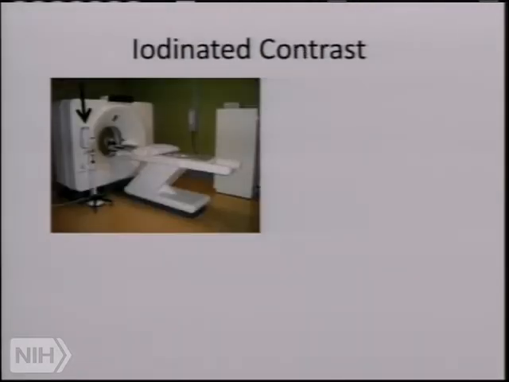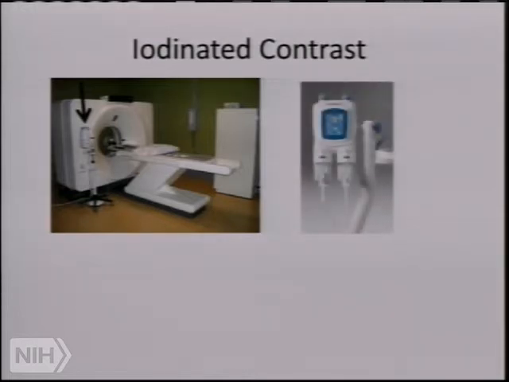But there are some concerns about whether iodinated contrast media will hurt patients' kidneys. So that's one of the things that we always check for before we administer contrast. When you see an image of a CT scanner, you'll often see this device perched right next to the CT, which is an automated injector. It's a motorized injector because we have to get a large volume of contrast into the patient very quickly in order to get good contrast. So we need a motor to deliver it. Just delivering it by hand is not adequate.